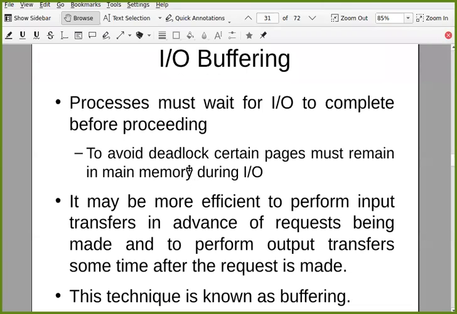Now, there is one thing that you need to understand. For example, let's say you want to do some transfer from secondary memory to main memory in your process. You want to load some data, maybe you want to open some file or something like that. Your process wants to load data, and it is an IO operation. But as it is an IO operation, the process will be blocked. And as the process is blocked, it is possible that the process will be swapped out to the secondary memory.